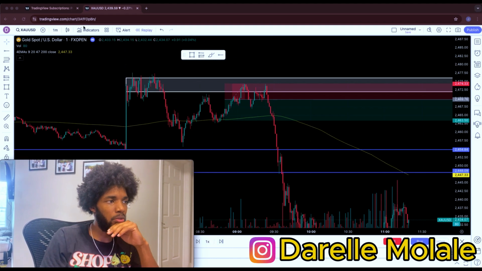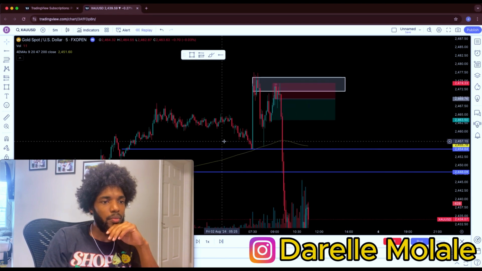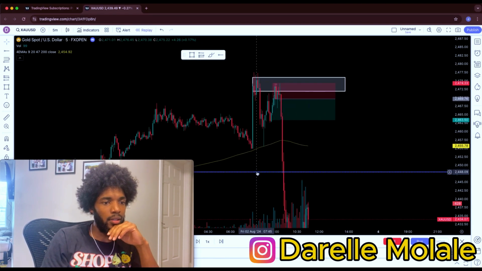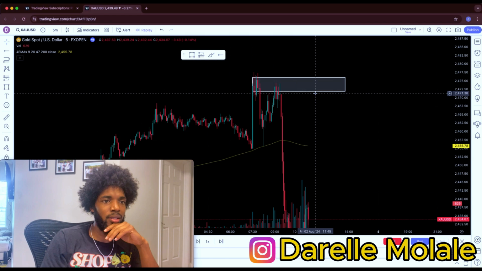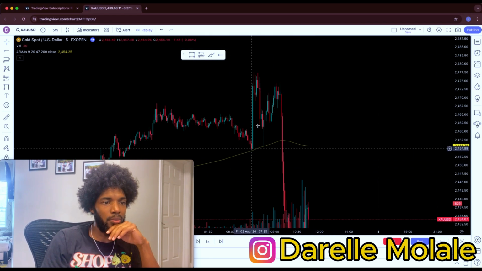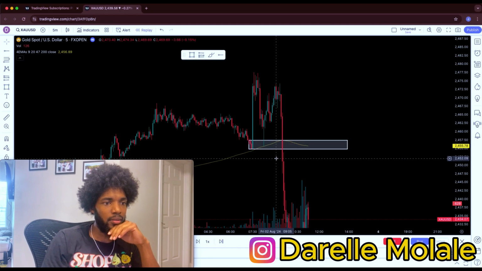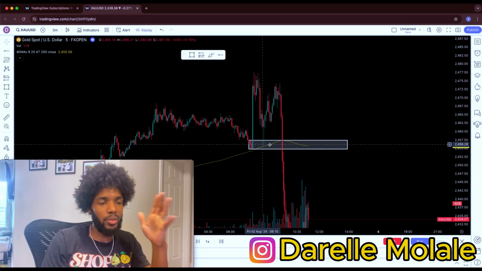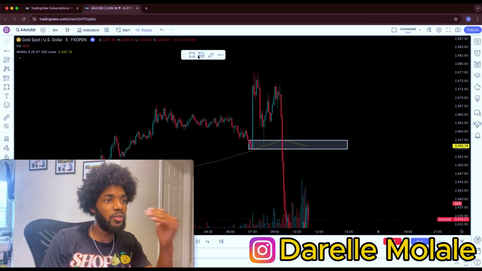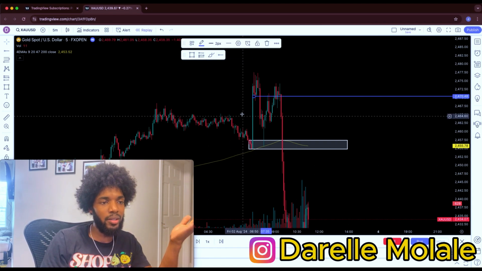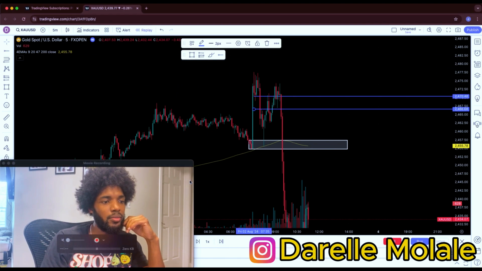So the first example is going to be here. Let's go to the 5 minute. So I marked this up just from the video I just did. And this was literally a demand setup. So we had market push up and leave a gap, and this became your zone. When zones are this small, I'm taking aggressive entries no matter what, and I'm looking to fill in a gap. And what happened right here, from that candle in here, if I go to replay mode,